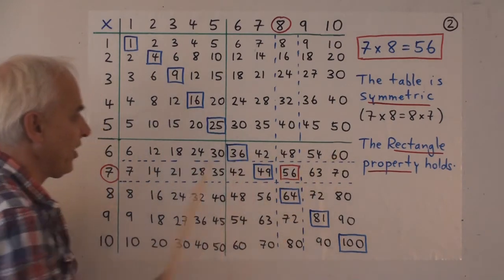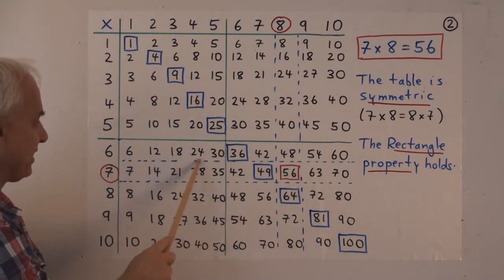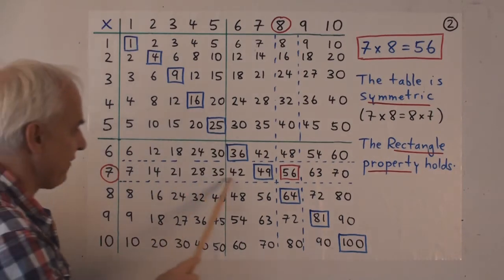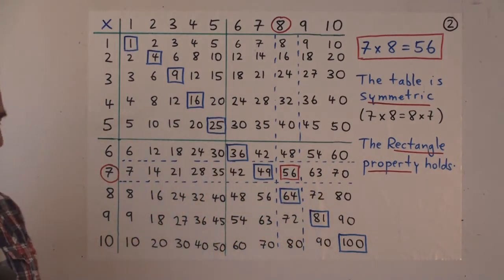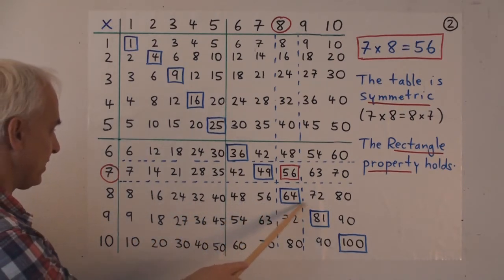There's the multiples of 6, from 6 to 60, going up by 6 each time. And then the multiples of 7, which for many students are the hardest to remember. 7's a little bit less regular than the other numbers, because it's a prime. Multiples of 8, which are a little bit like the multiples of 4 or 2. They're all even numbers. 8, 16, 24, 32, 40, and then that pattern of 1s repeats here as well.